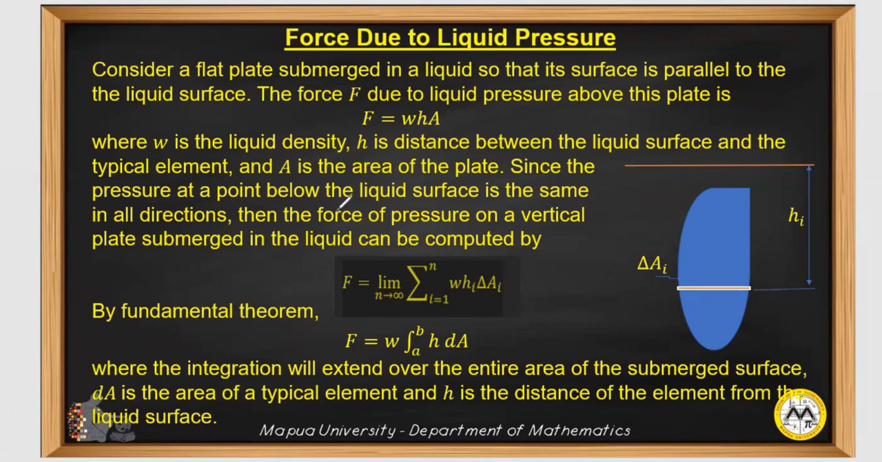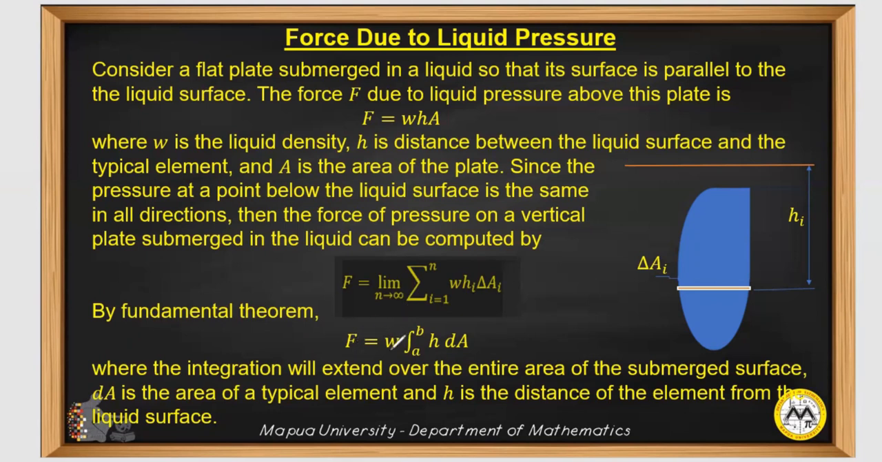And since the pressure at a point below the liquid surface is the same in all directions, then the force of pressure on a vertical plate submerged in the liquid can be computed by F = the limit of the summation of W H sub i times delta A sub i, where i goes from 1 to n. And if we get the limit as n increases without bound, by the fundamental theorem of calculus, then